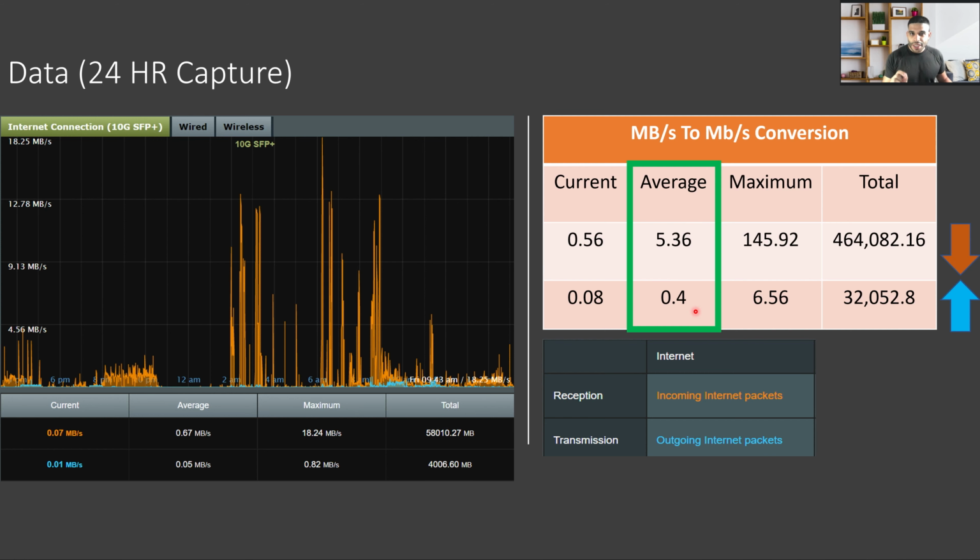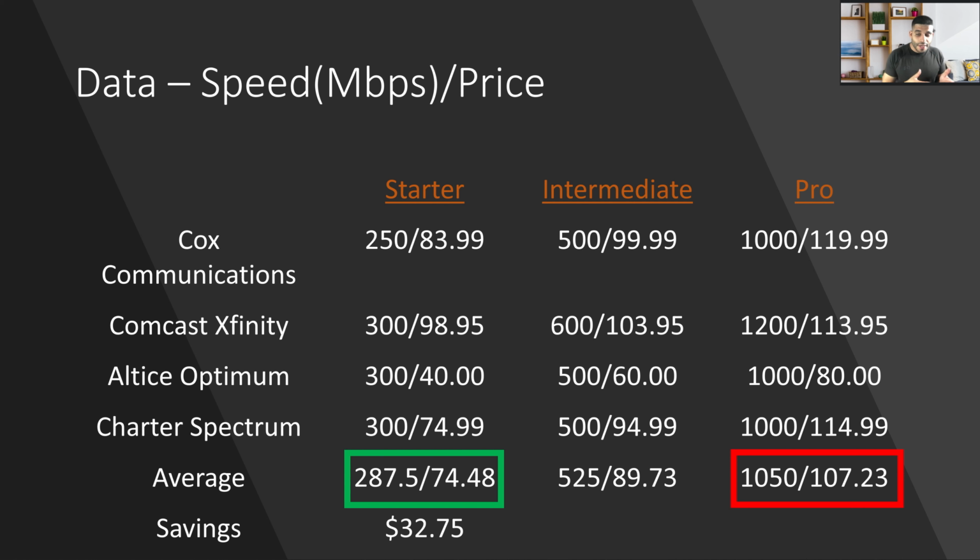So now that we know how much data we're using for a family of 4 and all the devices in a 24-hour period, let's take a look and see how the numbers add up. Here we have our data speeds per price, and we can see that we have all the major cable companies listed. On average, we have their starter, their intermediate, and their pro packages. As you can see by the data, the smallest package from all these cable companies is on average 287.5 megabits per second on the download, with an average cost of $74.48, all the way up to their pro version, which is 1050 megabits per second, or what they like to call gigabit speeds,